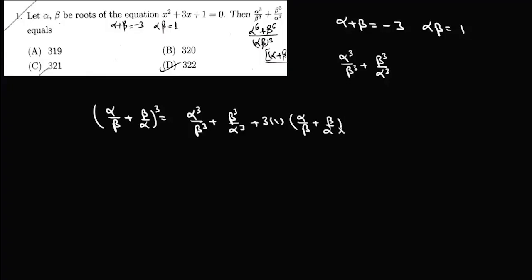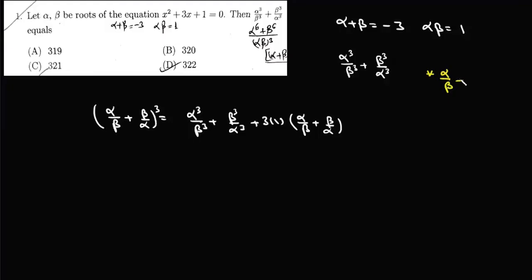So what we'll do is, we'll rather find alpha upon beta plus beta upon alpha whole cube, and there will be alpha cube upon beta cube plus beta cube upon alpha cube plus 3 alpha beta, and that will be 1 into alpha plus beta, which is alpha upon beta plus beta upon alpha. So in order to solve this, we need to find